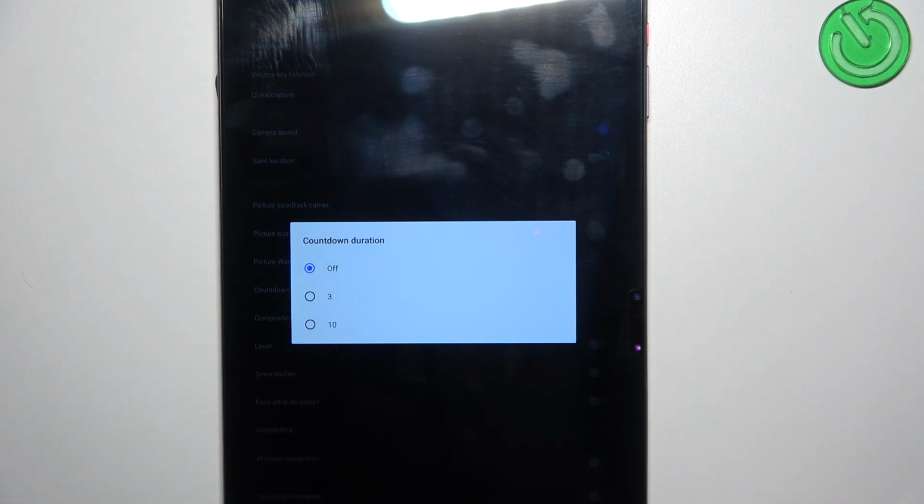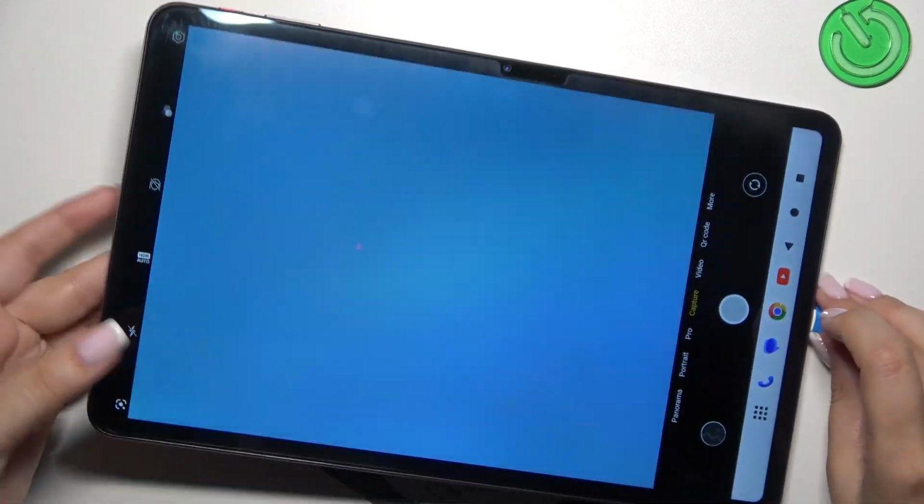As you can see in this device, we've got 3 different options, so off, 3 and 10 seconds delay. So let me choose 10 seconds delay. It will be immediately applied here. So now we can go back to the camera and